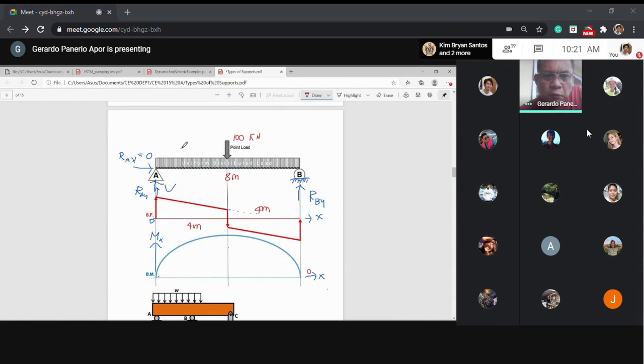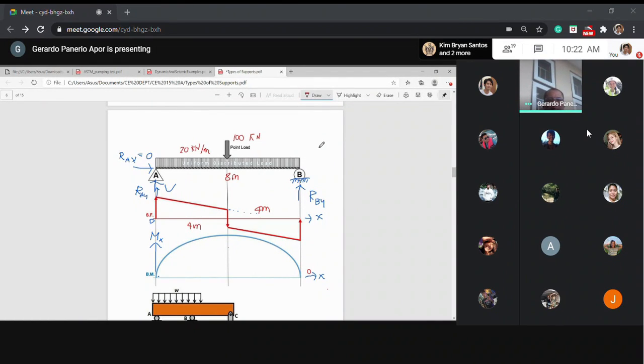Lang. 20. Ang unit niya is kilonewton per meter. Okay? Ready na mo, class? So, the structure is very symmetrical with respect to the vertical axis because the point load is located in the midspan